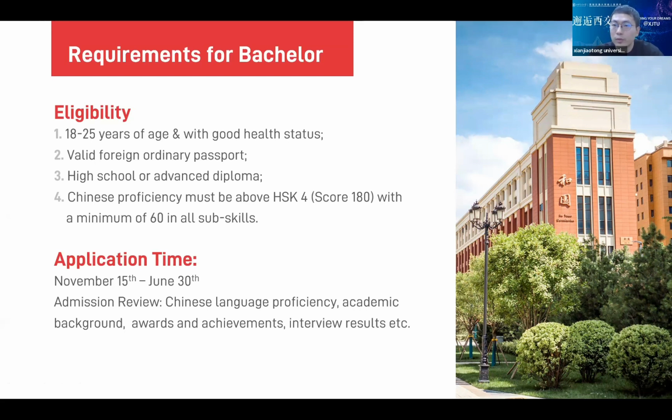Now, first we come to the bachelor level. If you graduated from high school and you're interested in applying to XJTU, then these are our basic requirements for international bachelor students. First of all, you have to be between 18 and 25 years of age and in good health status. And you have to get a valid form